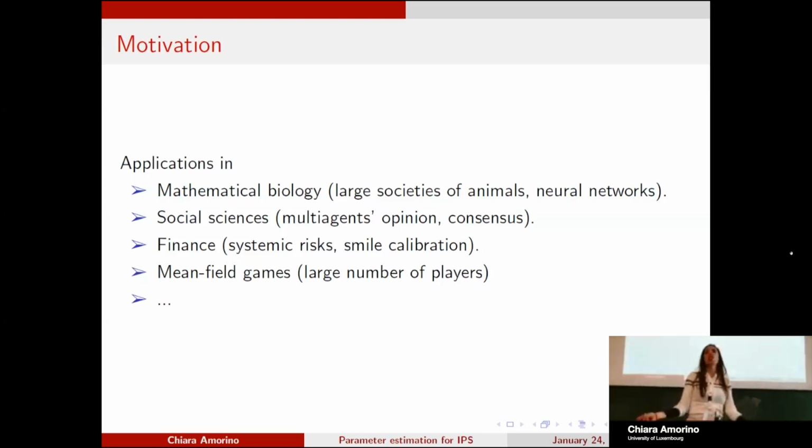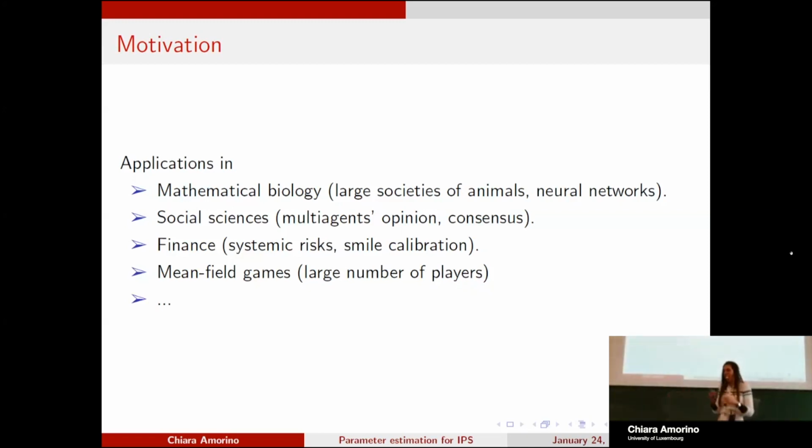Then everything changed when we actually understood that this was a good model to consider also some other applications in other subjects. And in that topic, we actually have a lot of data. So now it makes sense to do statistics, you see, because now we have the data. And which are the applications? Well, we have a lot of them, to be honest. We are going to see better some of them with some examples. But the idea is that, for example, we can